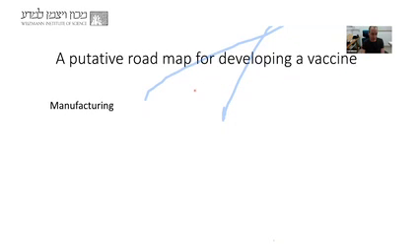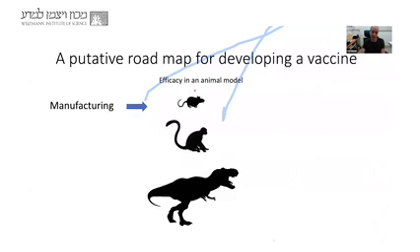So as I told you, the manufacturing already started, but the first obstacle would be to show that those vaccines are actually advantageous, and that could be shown in some kind of an animal model. There are different models that people already started to develop. It could be as simple as using mice. It could be more complicated, as using non-human primates. But it might actually be more challenging. We still don't know that.